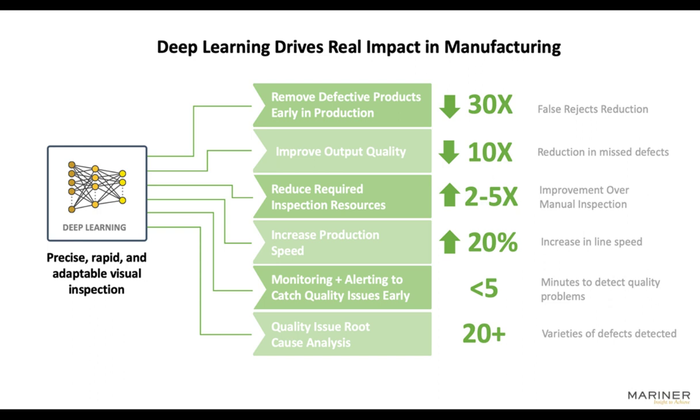So we already talked about reducing false rejects. We talked about improvements over manual inspection. But there are a number of other areas that we were pleasantly surprised by when we started getting these systems into production. One area that's really interesting is root cause analysis. As I mentioned, if you're able to tease apart 15, 20 different defect classes and tie that to real-time reporting and alerting and monitoring, as we do, all of a sudden, you can optimize your overall production way more